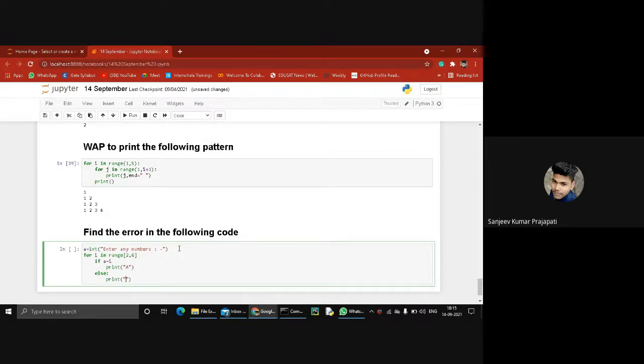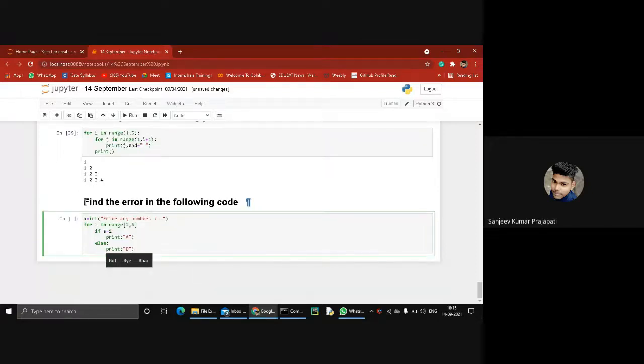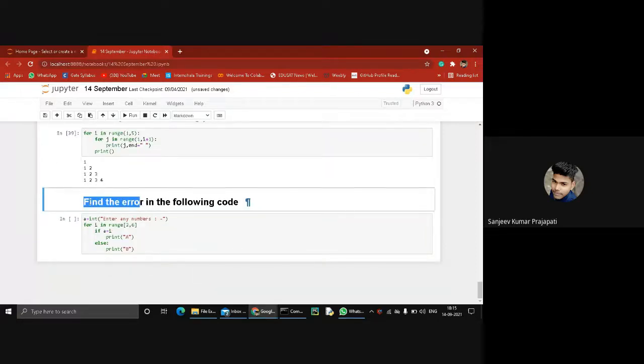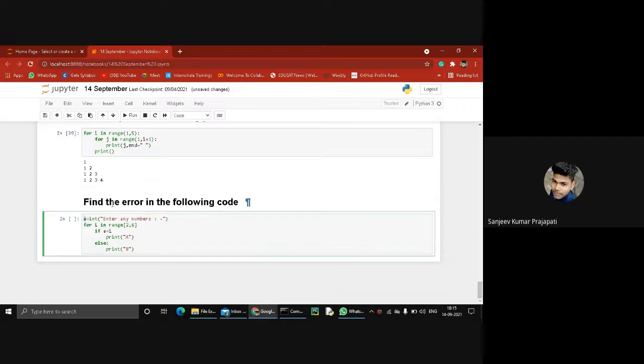So my question is, which place shows the error in this particular code? I mean, find the error in this particular code. Yes, sir. In the first line, int should be replaced by input, and in the second line the range should be. Guys, wait, guys. So type the correct code in the comment section. Okay.